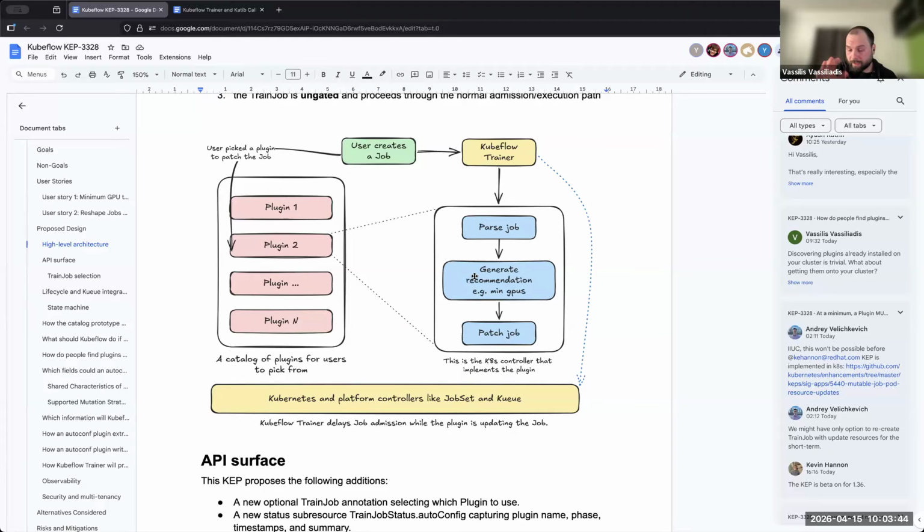So if we were to have this design implemented today, we could technically implement a plugin that parses the job just to get the train job information. So you have one of your parameters already known: whatever this specific job is doing.